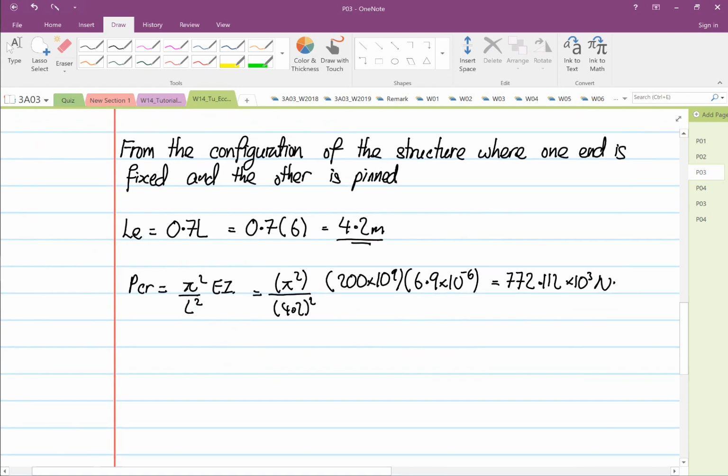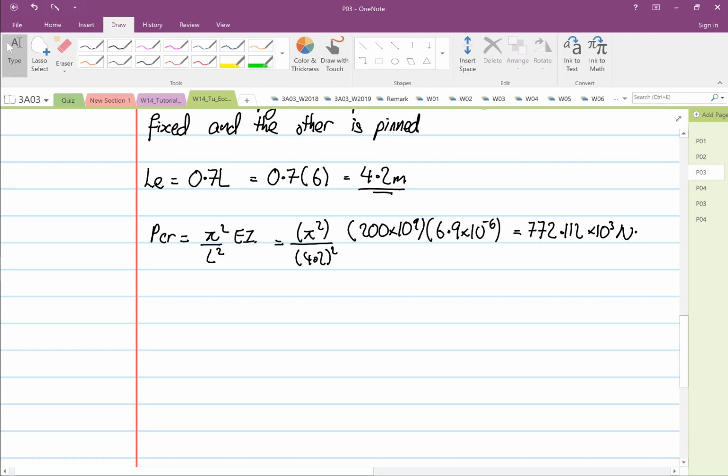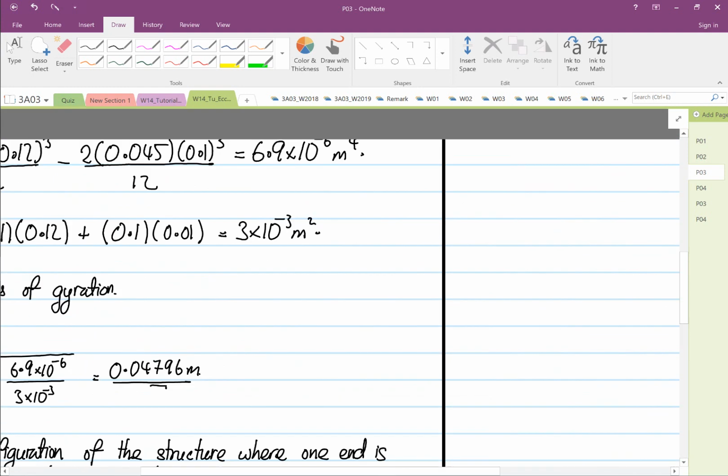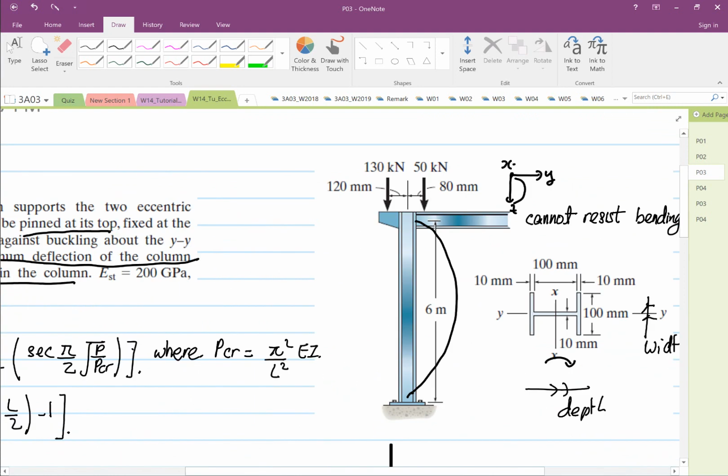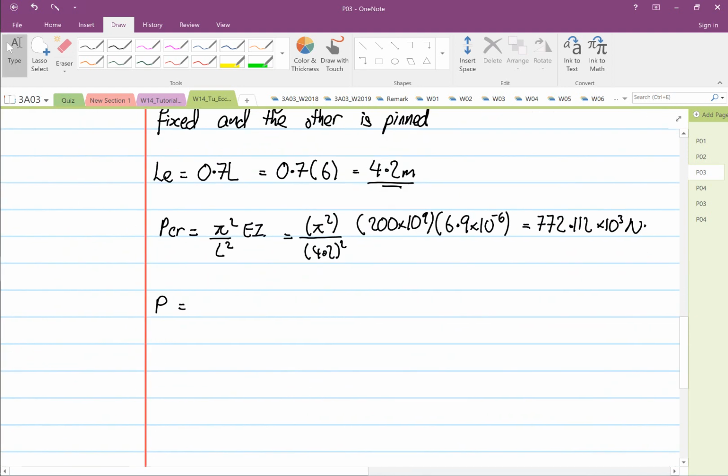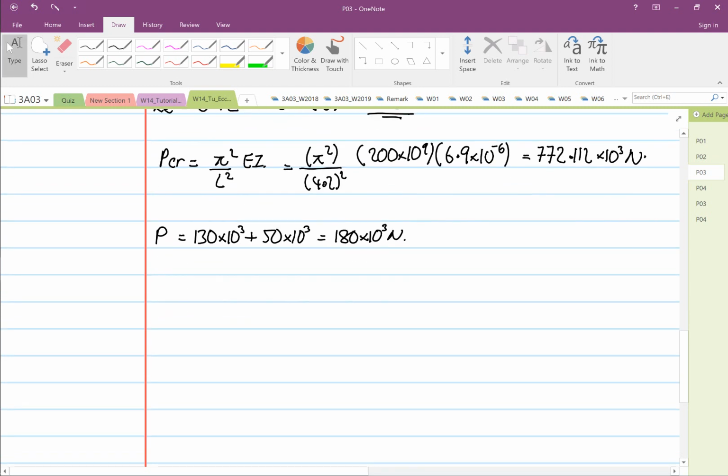Okay. Then next, we're going to calculate our force, P. So we have one load coming in at 130, and the other load is 50. So P, the applied load, is equal to 130 times 10 to the power 3 plus 50 times 10 to the power 3. This will be equal to 180 times 10 to the power 3 Newton. Okay. Next, we have to find